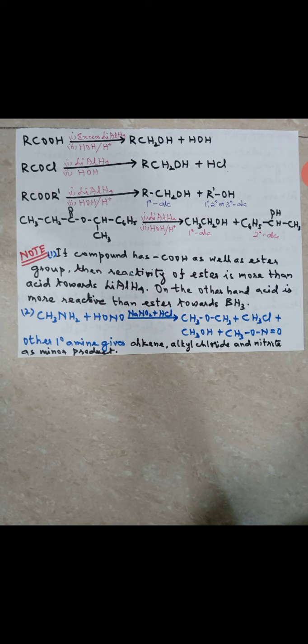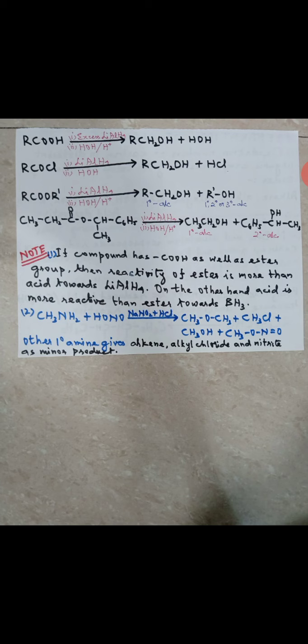Next, you have seen the preparation of alcohols through amines. You have said it, like RNH2 plus HONO. HONO is what? Nitrous acid. How will you get HONO? In presence of NaNO2 plus HCl, because you know nitrous acid is unstable. So what are you going to get there? ROH plus N2 plus water, isn't it? If you are taking RNH2 plus HONO in presence of NaNO2 and HCl, you will be getting ROH plus N2 plus water.